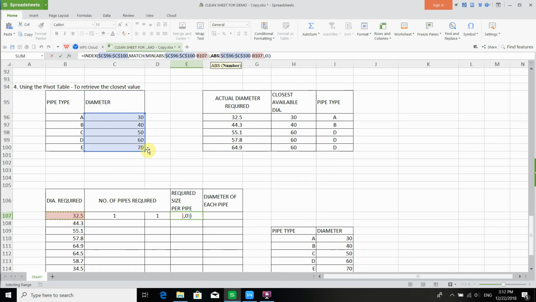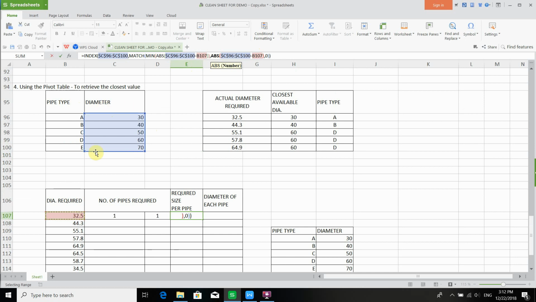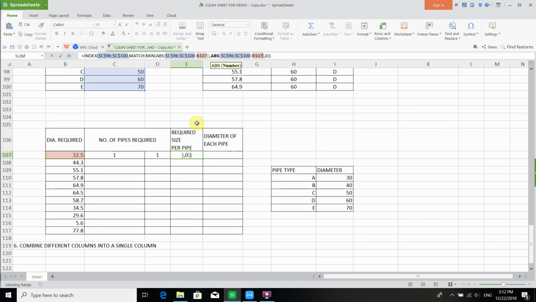We are going to match with the diameter here, or here is the same, and then display the closest value regardless of the size of the number. But because whenever we have 2 pipes that is involved, we know that the required diameter per pipe is going to be reduced by half as well. So we are going to add in the condition also for this case,